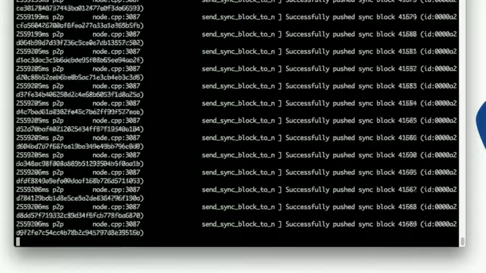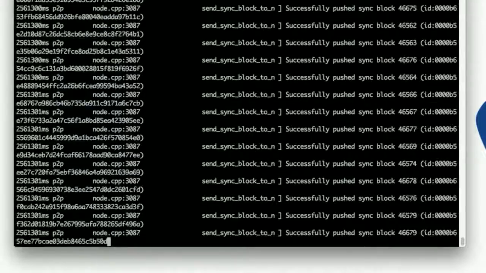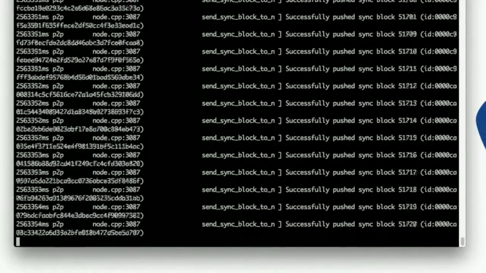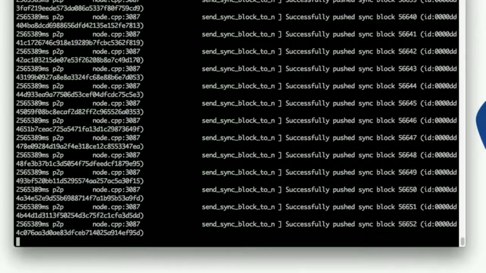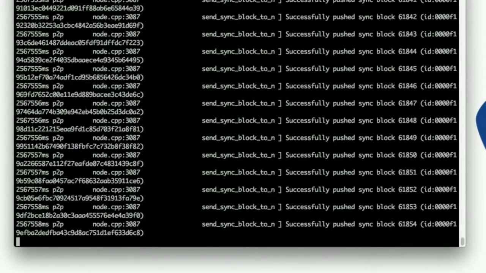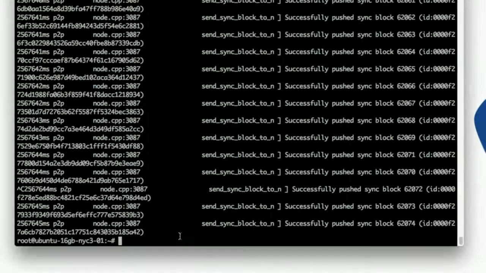And as we can see, this has already begun to sync from scratch. So I'm going to go ahead and Control-C out of these logs. Now I'll show you how to use the command line wallet from inside the Docker container. So to do that, it's a docker exec -it, and the name of the container, steem-exchange,